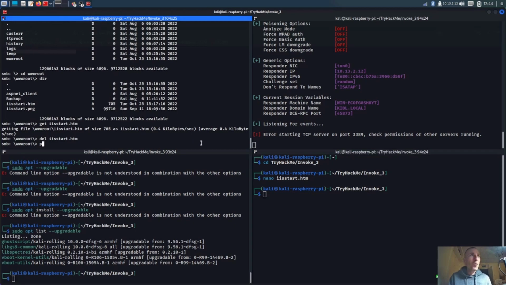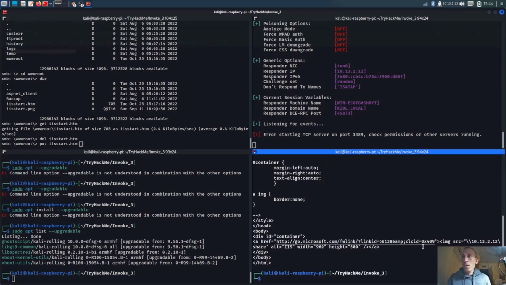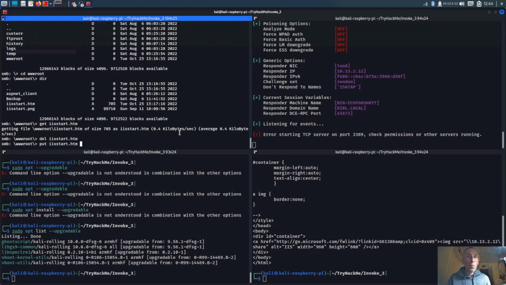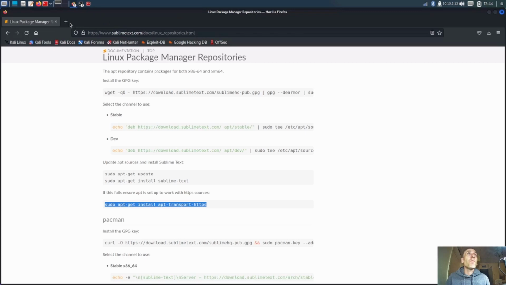Okay, let's go ahead and put in start.htm. We're going to put that back into there. Now remember, if you guys don't remember, I just changed it so that that image is calling back to me, right? And I have Responder up and running. Now something I don't like is that what I don't have up and running is Impacket. So I want to see if Impacket